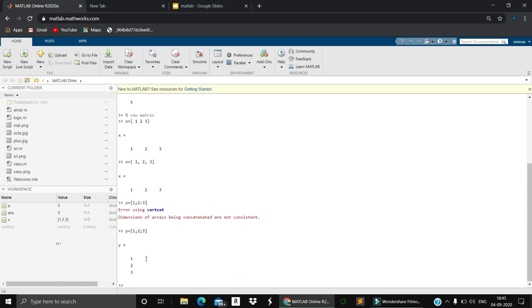What will happen? If you separate each element by semicolon, then it will give the column matrix. When you are separating each element by comma, then it will give the row matrix.